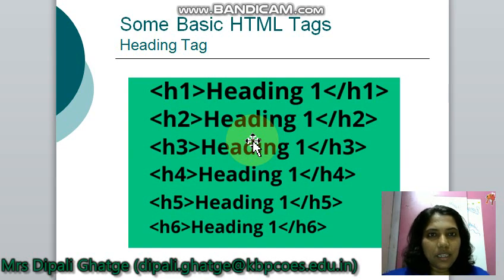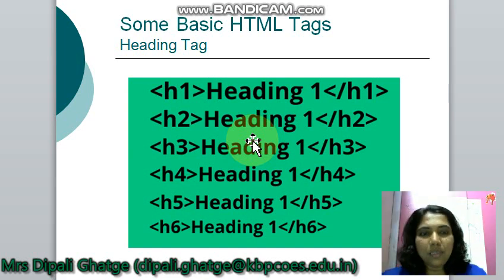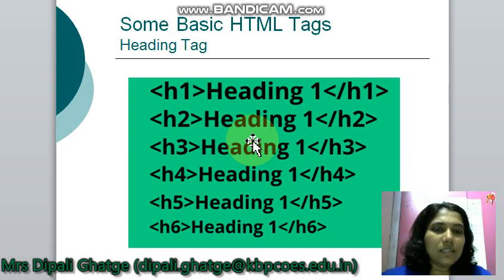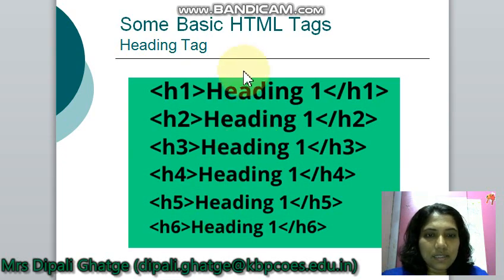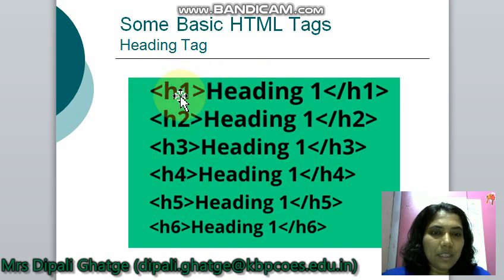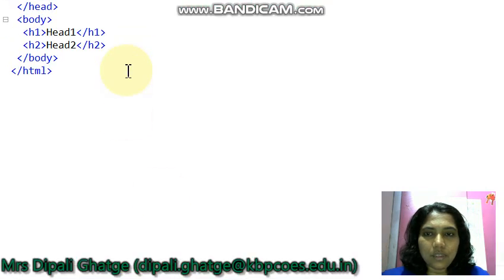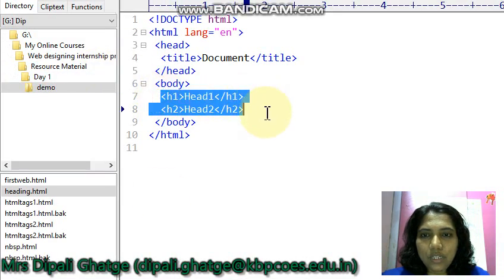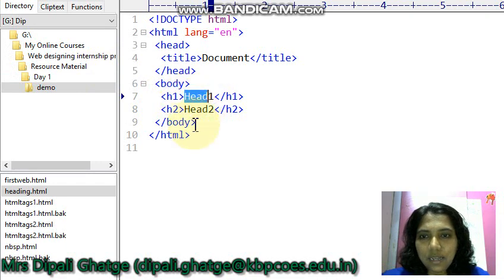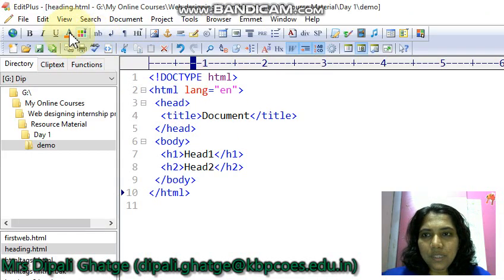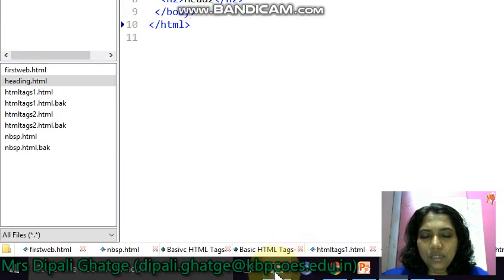Now heading tag. In our document sometimes you may have to put some headings, subheadings in different sizes. So if you want to have such a type of headings, you can put them into the tags from H1 to H6. Let's experience this with the help of this tutorial. I have added only two headings, head 1 and head 2, added in between the tag. So if we run this file,